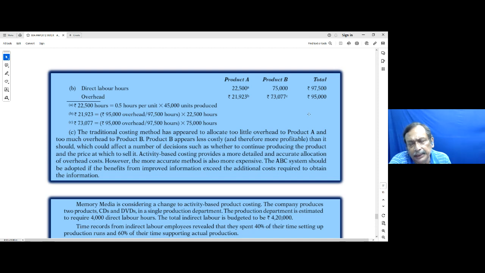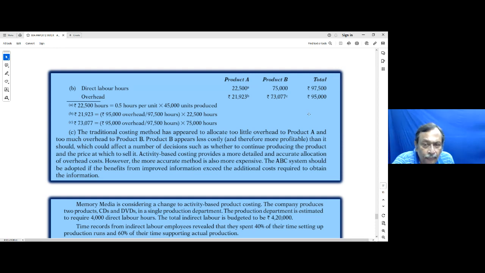Activity-based costing provides a more detailed and accurate allocation of overhead cost. However, the more accurate method is also more expensive. Remember, if we are going to apply activity-based costing, it is an expensive issue. But once you incur the expense and get the benefits of activity, then your savings will be much more, so that you can rationally arrive at the